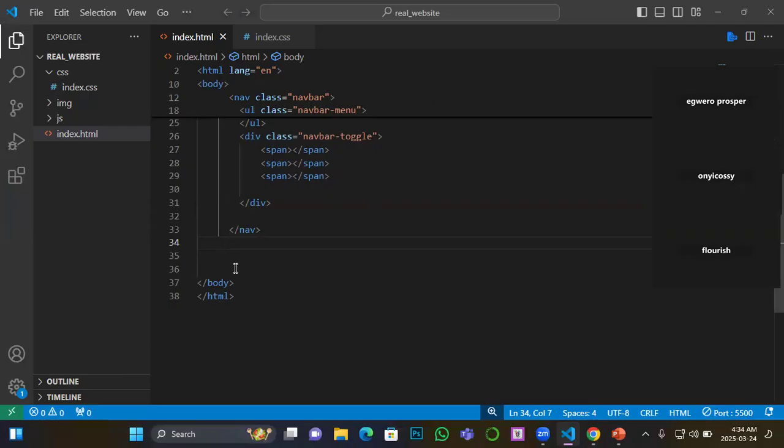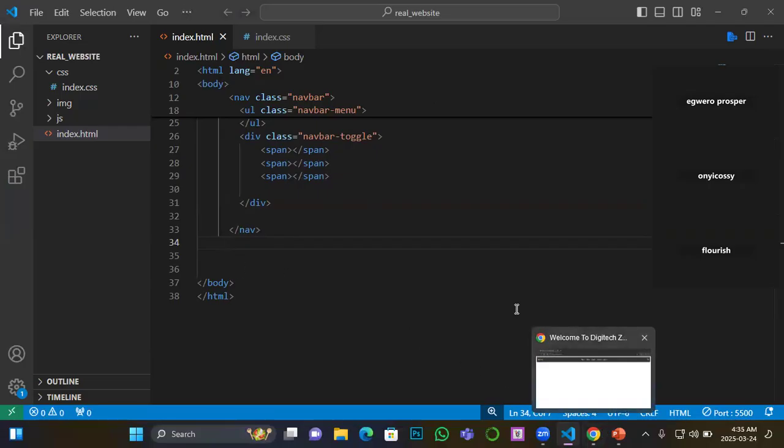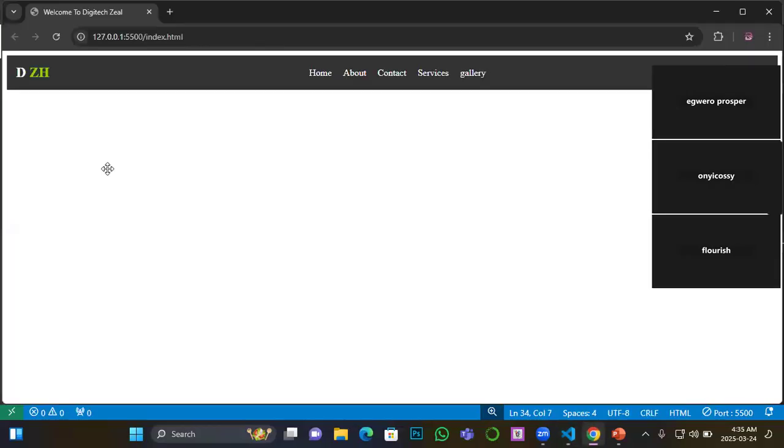To start with, we are using what we call a card. There is a concept called card, which we normally use to design the body section. This card can also design the footer. So what is a card? Cards are layout properties in HTML. In other words, they are used to create layouts. For example,